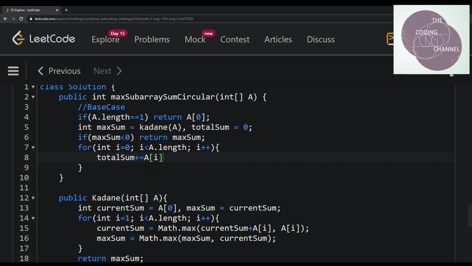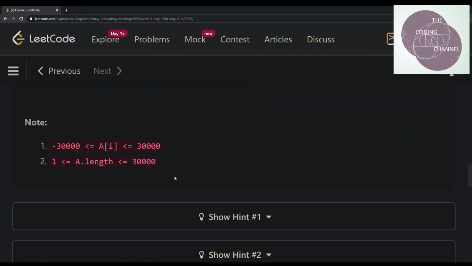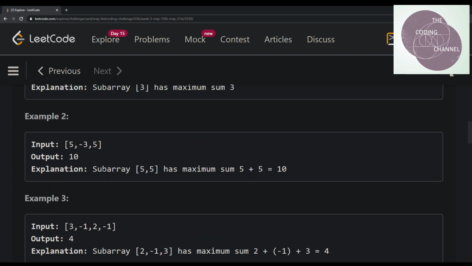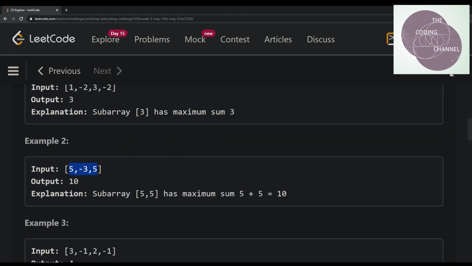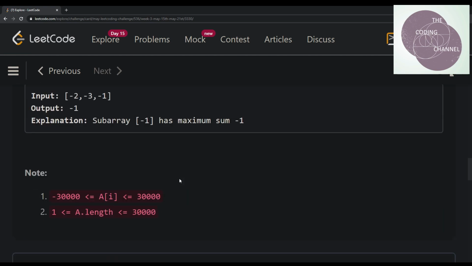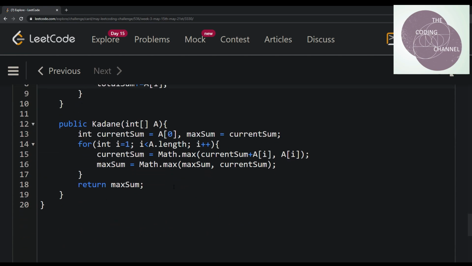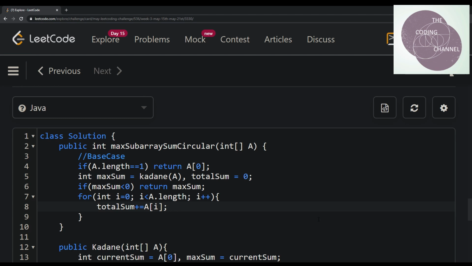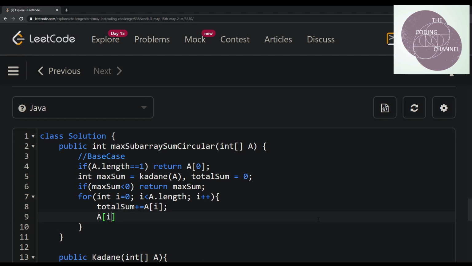That's our total sum. Now we also had to negate the values for the next step. Hence, while we're doing the calculation, A[i] is equal to minus A[i].